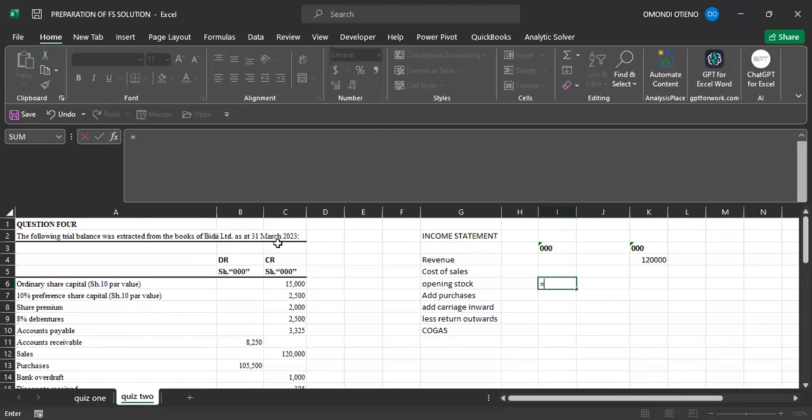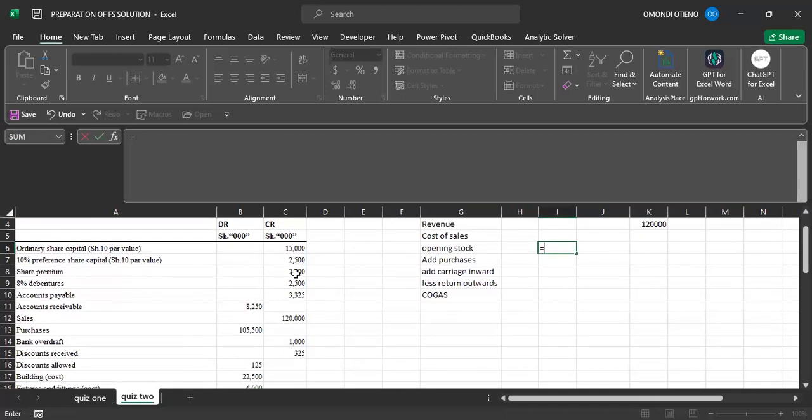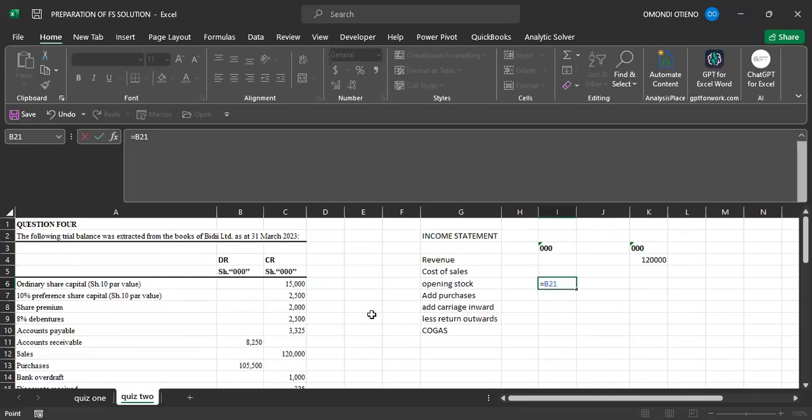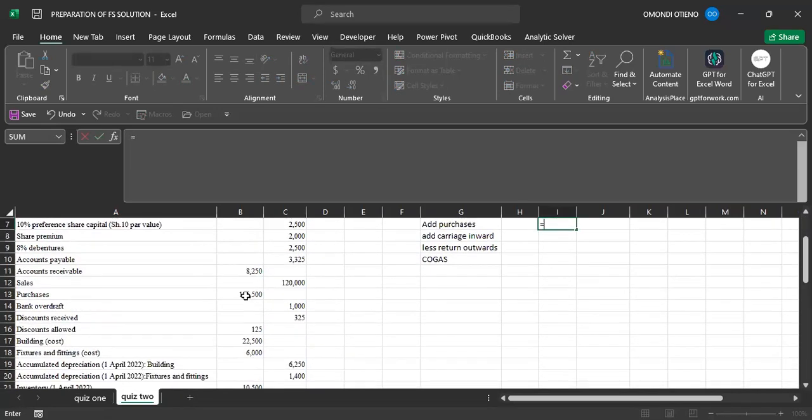Now, the financial year of this company is ending on 31st of March, and for this year, it is 31st of March 2023, which means the next date of the previous month is the start date of this financial year. So that is 1st of April 2022. Our inventory is here. Opening inventory, we add purchases. Do we have purchases? Yes, we have it here.